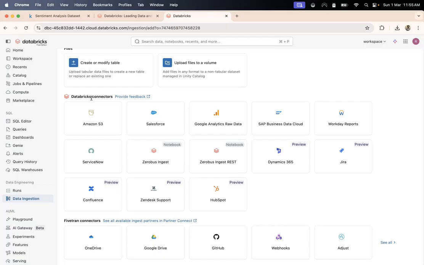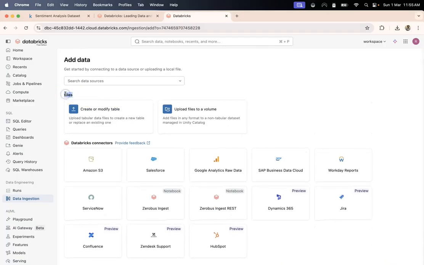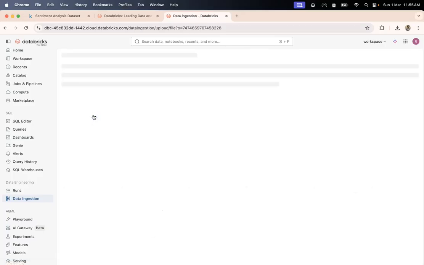One of the prominent use cases that people use Databricks for is connecting Databricks with Amazon S3, where you can connect it via cloud storage, and then the moment new files appear in the cloud storage, it automatically gets reflected in Databricks. But we also have the option to manually add data, and that is what we are going to use in this video. So I'll click on create and modify table.